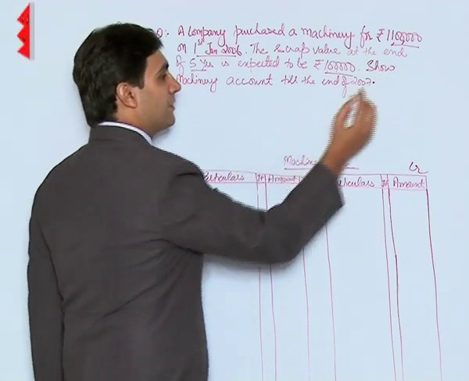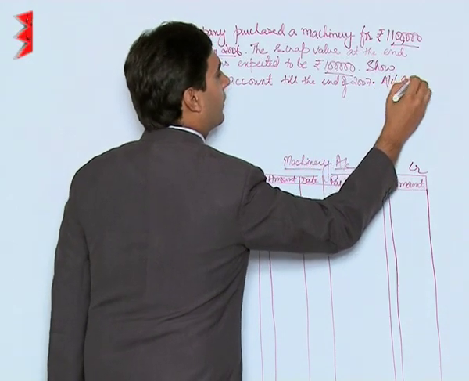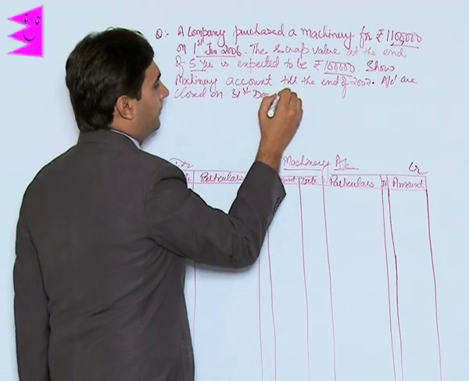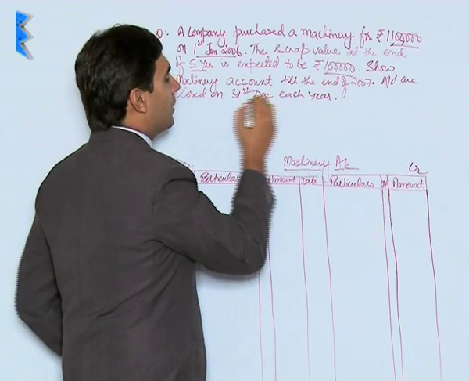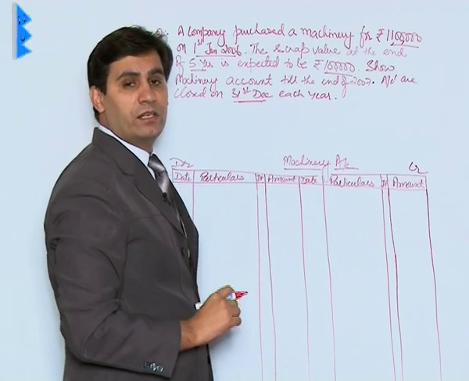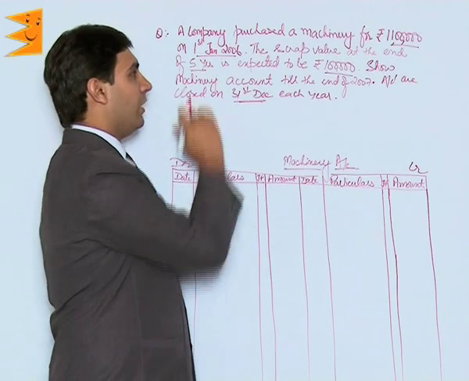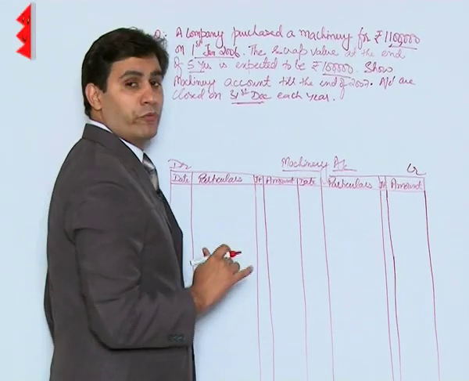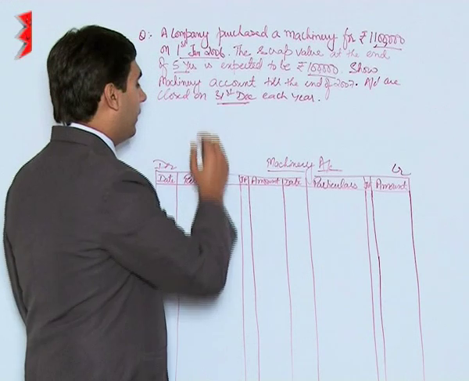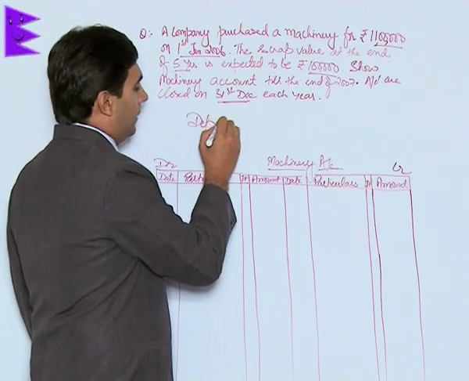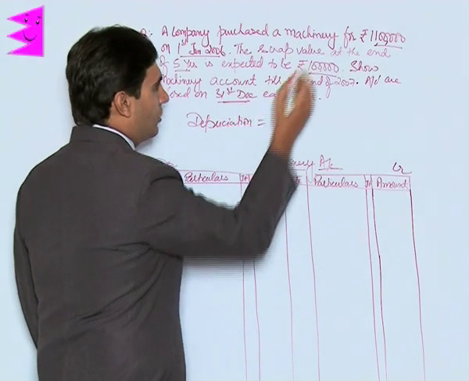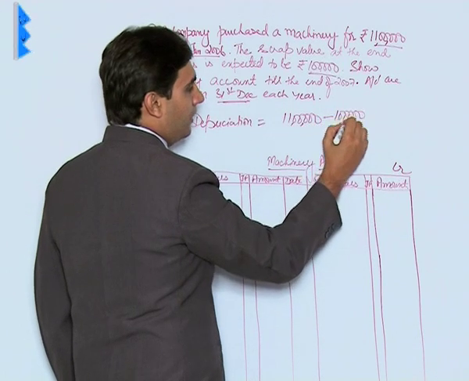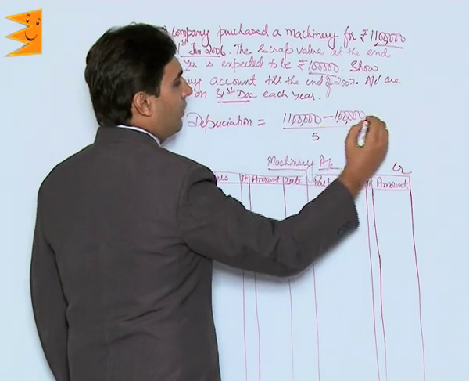Now in this case, let us assume that accounts are closed on 31st December each year. Now students, since the accounts are closed on 31st December each year, that means the financial year of this particular company runs from 1st January to 31st December. Now in this case, nothing is mentioned, so we'll assume it to be a straight line method, and the depreciation would be calculated as depreciation is equal to cost, that is 11 lakh here, minus scrap value 1 lakh divided by useful life of 5 years,